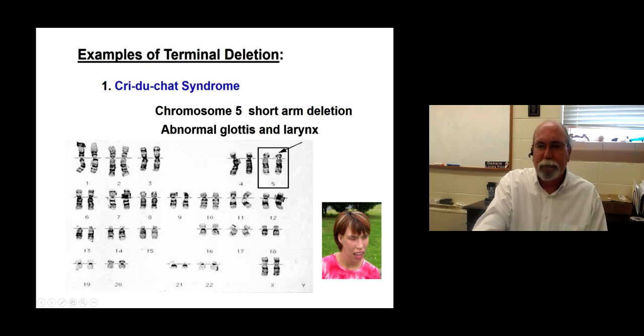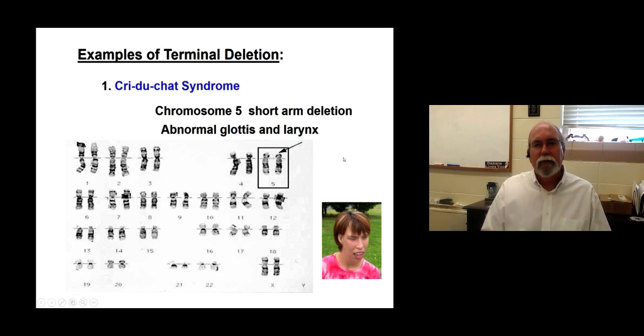And as many of these will be, it turns out to be in the form that we'll see it is a dominant, okay? Because you only have to be a heterozygote to express it. That's what a dominant means. So you'll get a normal copy, but you'll get this defective copy over here, and that's enough to cause these